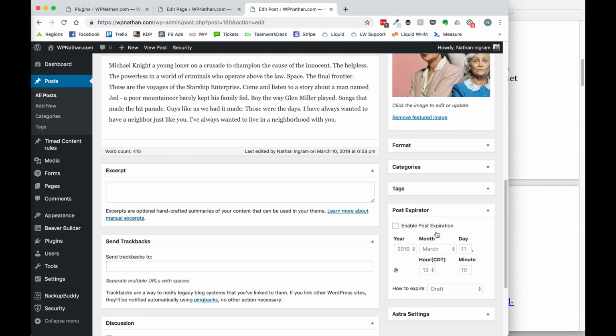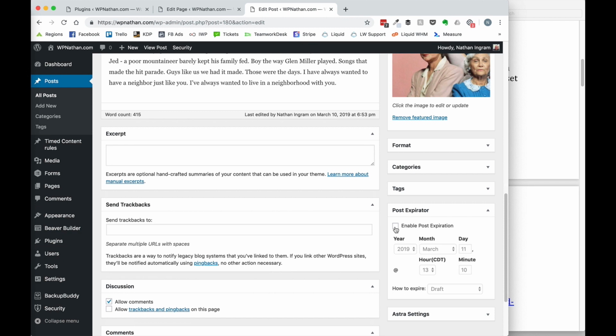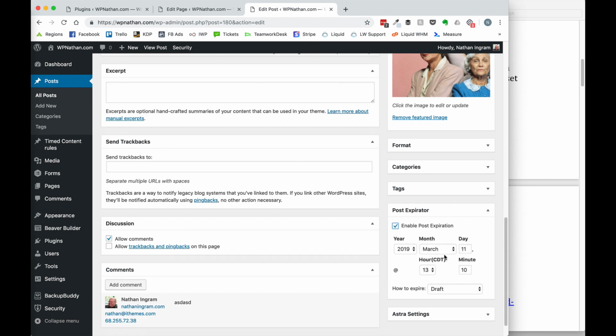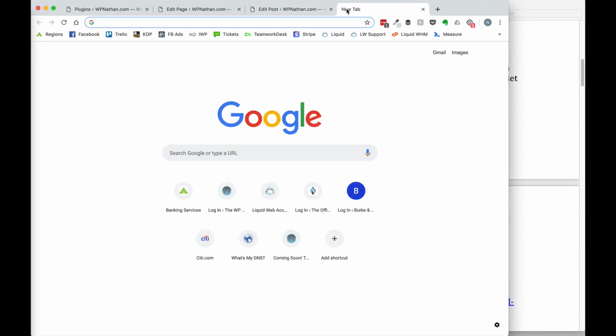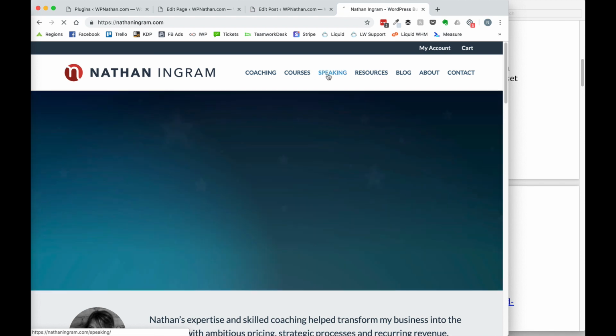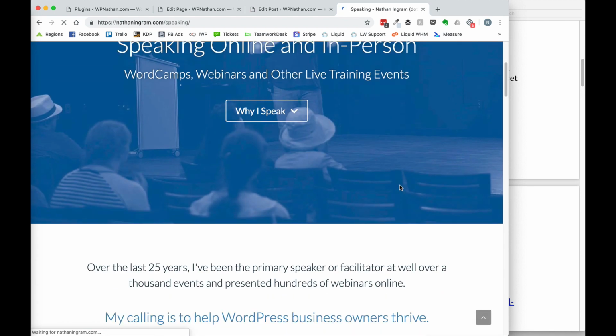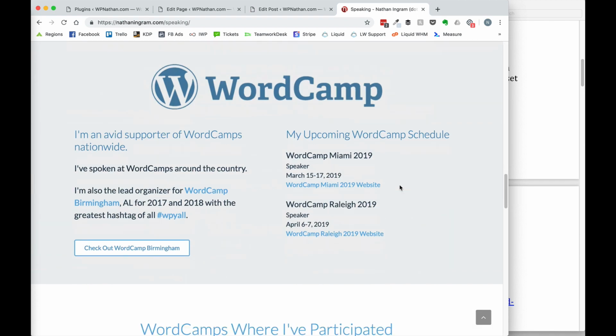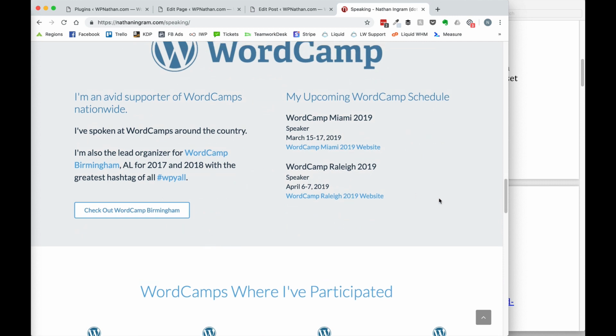puts a box over here, and you can enable post expiration on the date and time. And what does it need to do? Does it need to delete the post, trash it, make it private, stick it or unstick it? Do you want to add a category or replace a category, that sort of thing? Let me show you a neat spot where I'm actually using this. I use it on nathaningram.com on my speaking page, and I've got this list of WordCamps where I am scheduled to present,